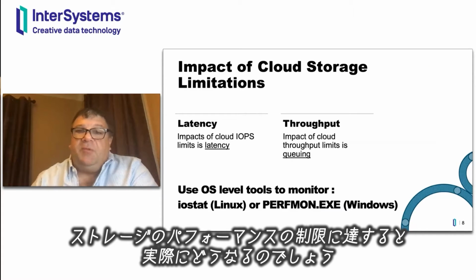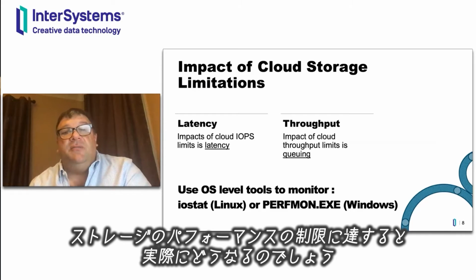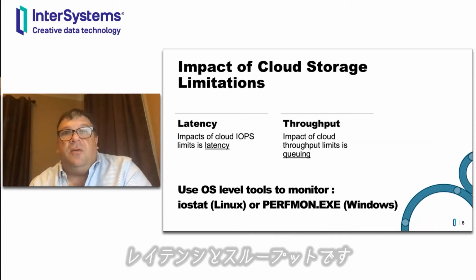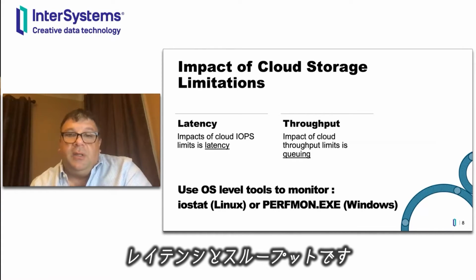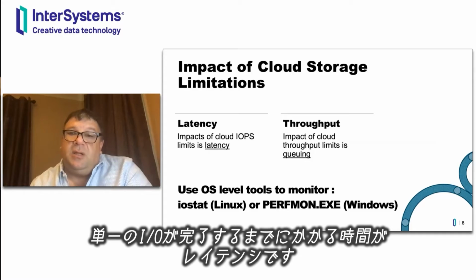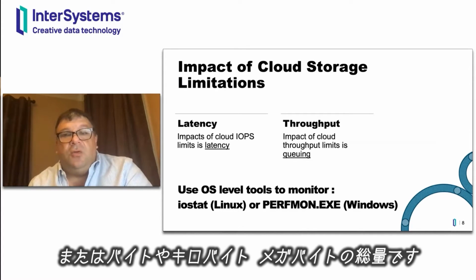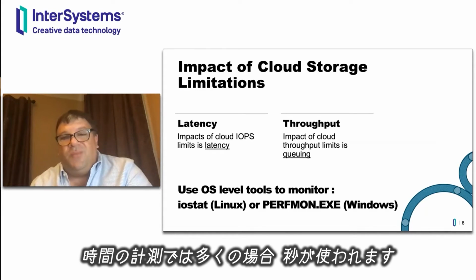So, what happens when a storage performance limit is actually reached? There are two specific effects of I/O throttling, those being latency and throughput. Latency is the speed in which a single I/O is completed, and throughput is the total number of I/O operations you can do, or the amount of bytes or kilobytes or megabytes in a measurement of time, usually in per